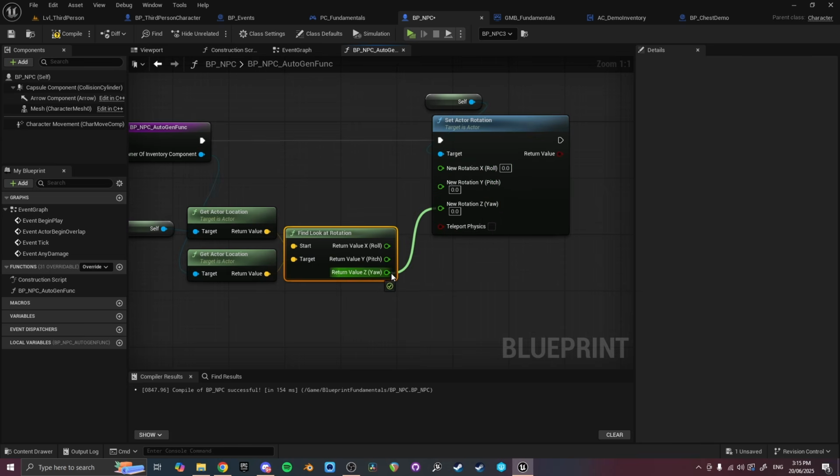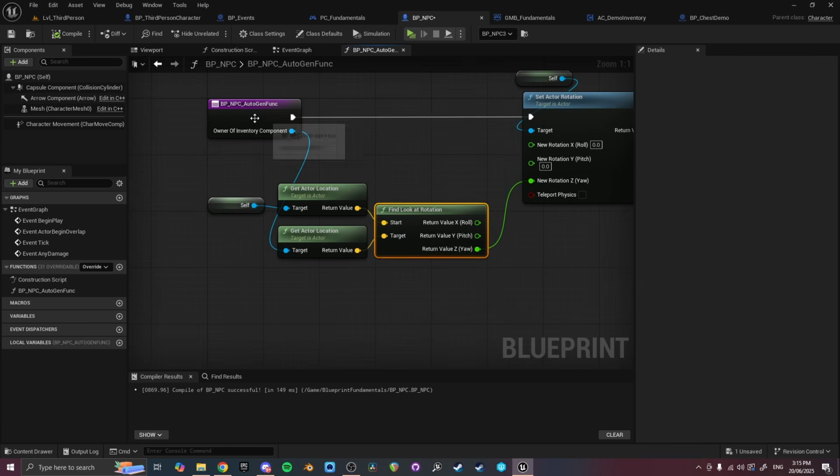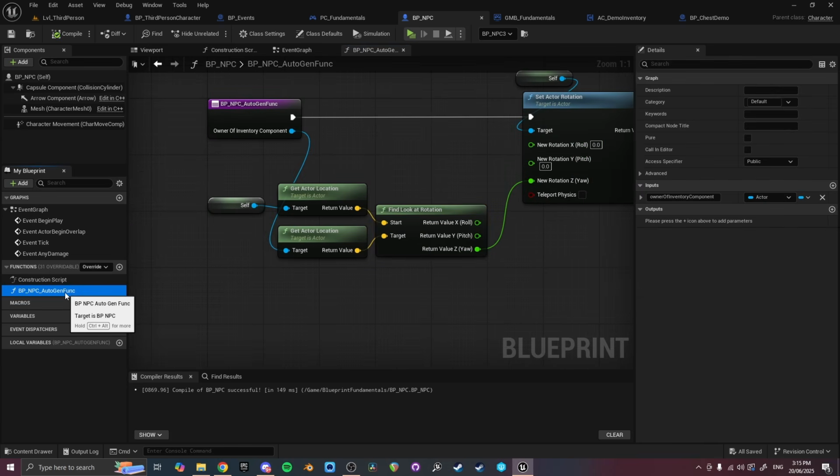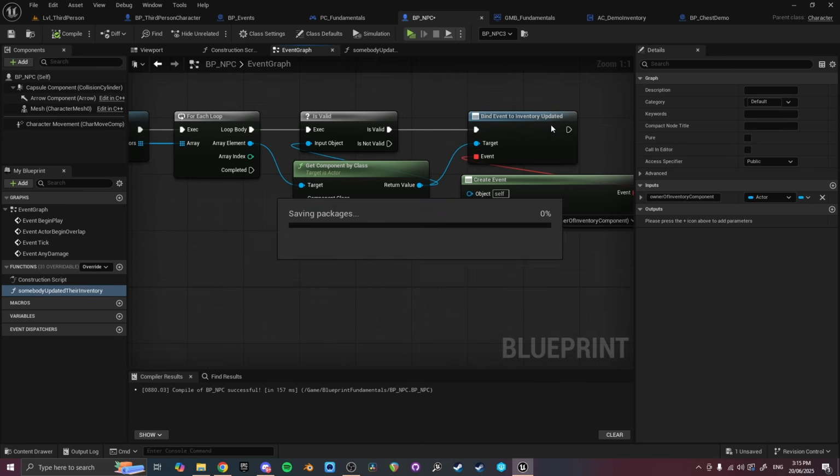Anyway, we're just going to split these two pins here because we don't want the roll or the pitch, we just want the yaw. And so now let's rename this function, because what was it called? Somebody updated their inventory is what we called it. And this is inside of our